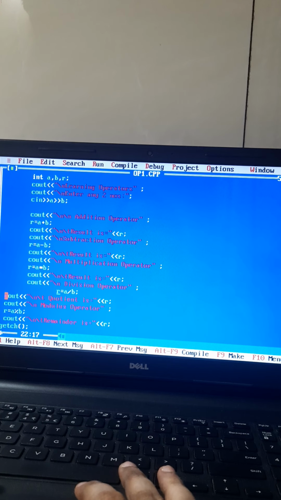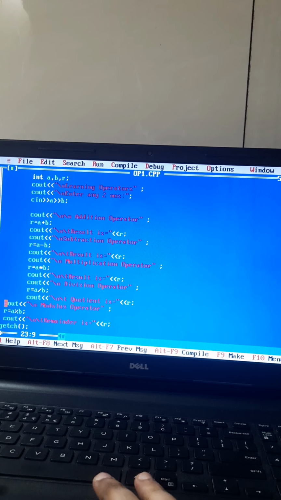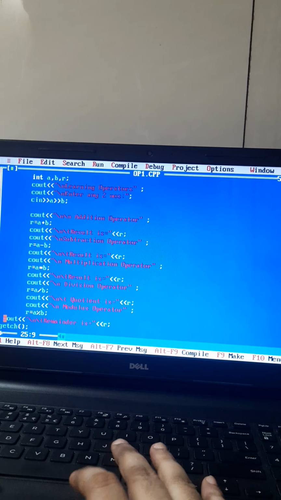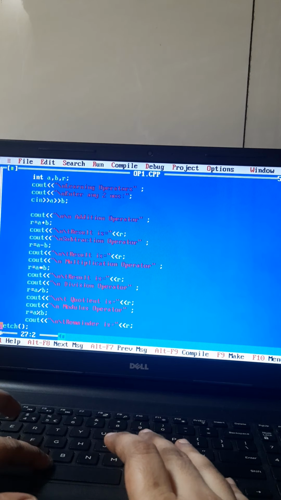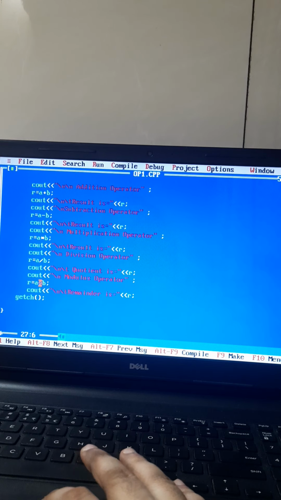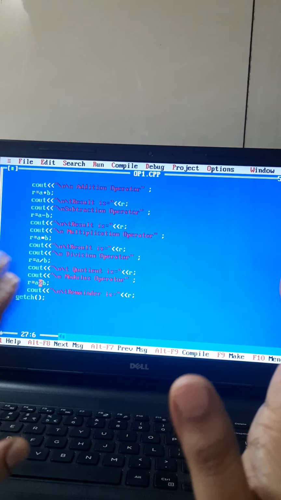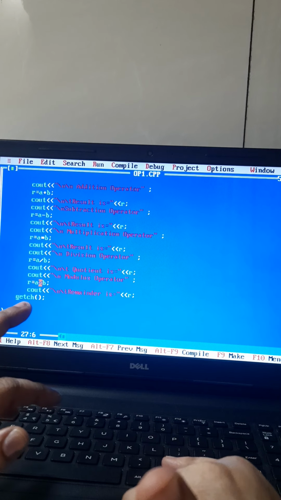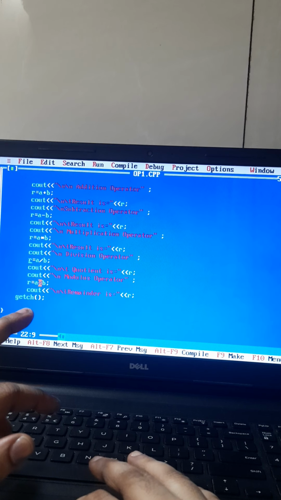The theory about these operators I have already explained in the arithmetic operator lecture. Those who have missed that lecture, you can see my previous lectures on YouTube, and then come to this lecture. Right now, the modulus operator. What is the job of the modulus operator? It is to give the remainder of the operation. So we have to use this percent sign, a percent b. Suppose we are doing 15 mod 2, we should get answer 1, because 2 sevens are 14. So in div the quotient answer will be 7 and in mod the remainder will be 1.